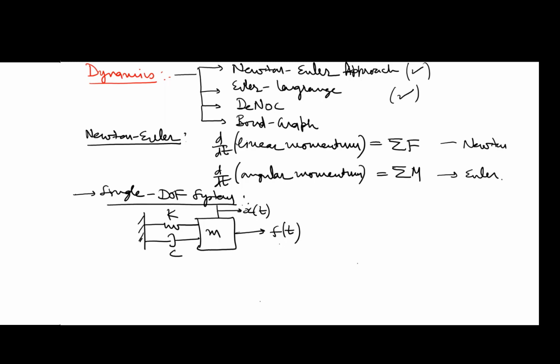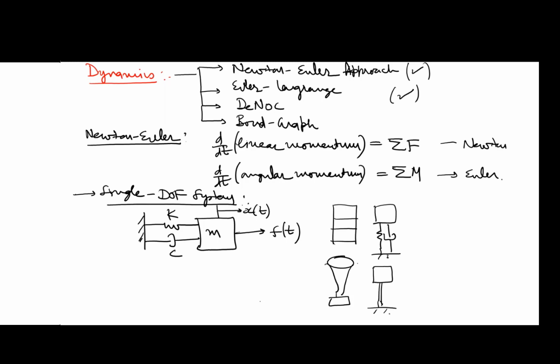Any single degree of freedom system can represent many examples in nature. It could be a suspension system, a car model, a plane model, a train model, or a model of a building. Like you have a building with multiple floors; this building can be represented by a simple spring mass damper system. Here it could be like the Burj Khalifa, where there is a huge tower. This tower can again be represented by a single degree of freedom system. So single degree of freedom systems are extremely important from the point of view of their simplicity, and with them we can relate many examples in day-to-day life.